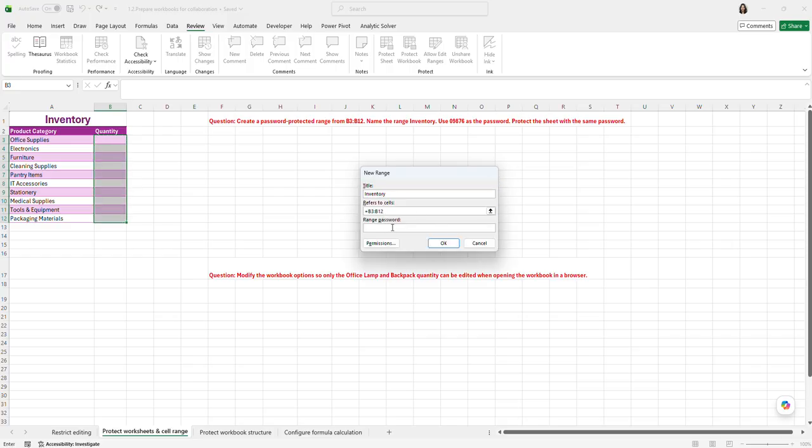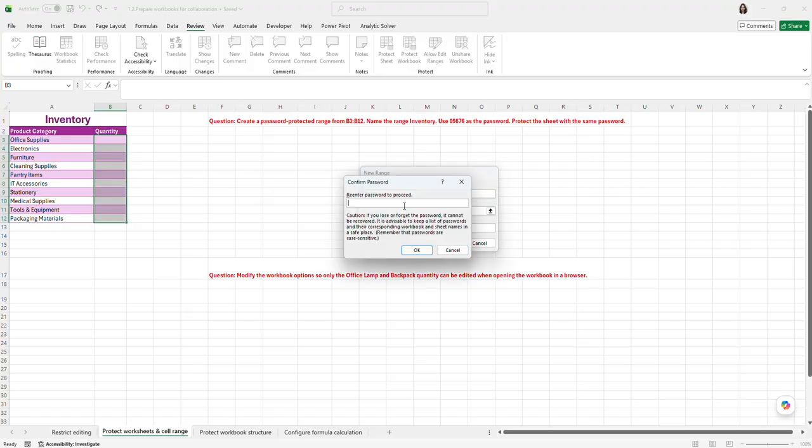That's it. And then the range password. So range password they have given 09876. So whatever password you are entering, please make sure you remember that, because there is no reset option here. So make sure you use the same password that is written here, so that even if you're practicing again, you can come back and change it or unlock it. And then click OK. Type the password again, 09876,